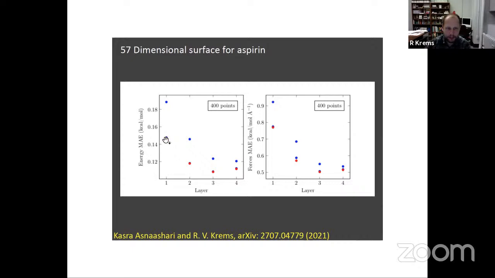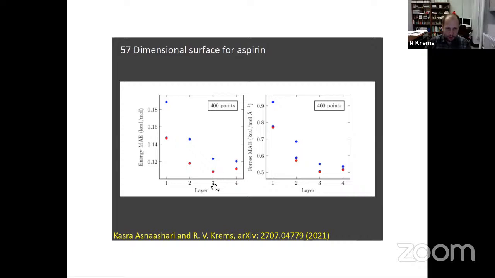And as you can see, what we're looking at here is the validation error. It's basically the error calculated on a set of something like 2,000 or maybe even 10,000 points that are not used for training the model. And this is as a function of the number of layers in that kernel selection tree that I told you about. So these are the different kernels, and the red dots correspond to the kernels with the lowest value of the BIC.